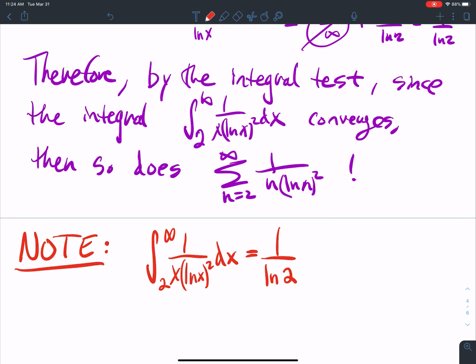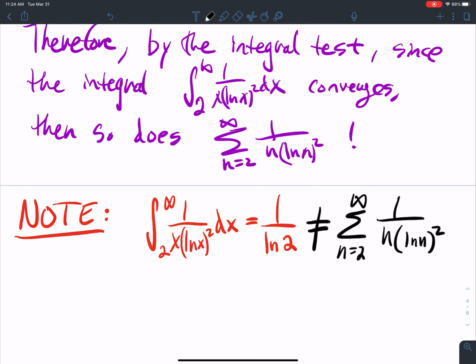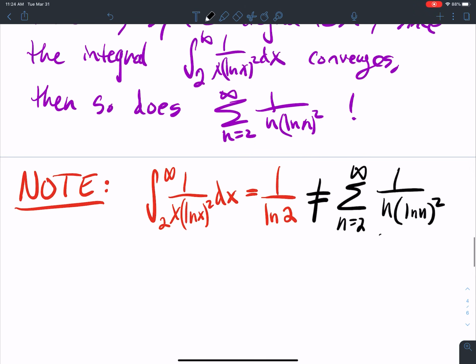But this does not equal the series from n equals 2 to infinity of 1 over n ln n squared. It doesn't equal, okay? The series here is different